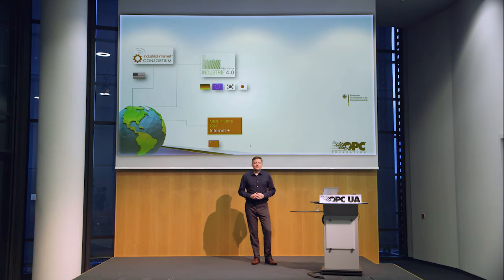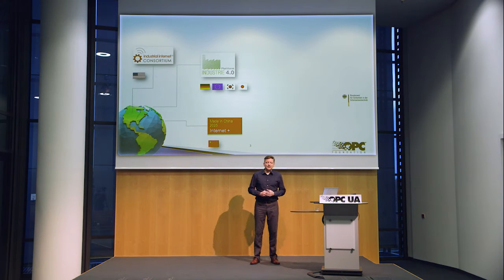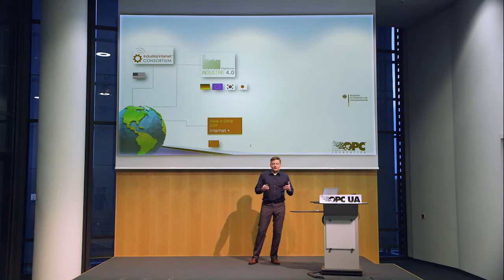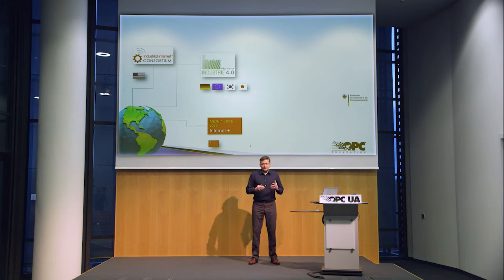Now that's a nice thing to say, and a lot of the standards will say the same thing. So what really sets it apart? Well, one of the key things is how well does it stand up to actual testing? That's usually a very fast way to determine things. So one of the things that happened with Industry 4.0 is that they looked at it and said, okay, if we're going to have a lot of different verticals, a lot of different systems getting connected, how are we going to ensure that they're able to communicate with each other, and also to share the types of contextual information that they need to?